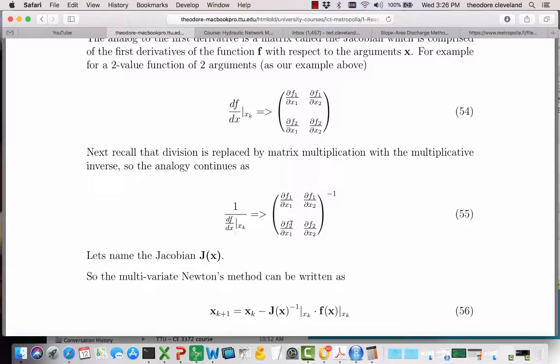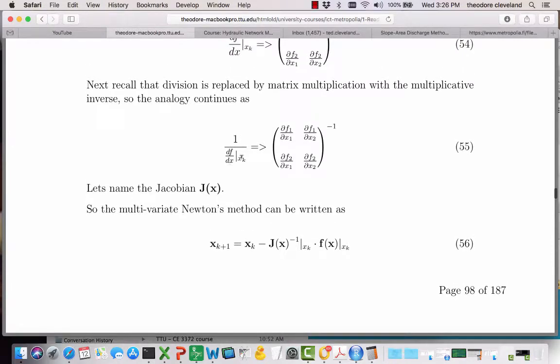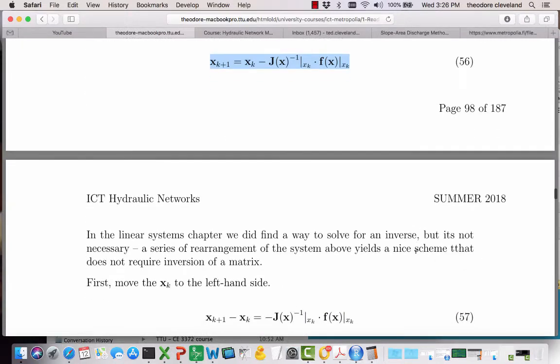The equivalent of division is multiplication by the inverse. So we would compute this Jacobian matrix, invert it, and that gives us the 1 over df dx term that we need. Doing that and renaming our function J of x for Jacobian of x, our Newton's method in higher dimensions is shown right there: x_{k+1} is equal to x_k minus the inverse of the Jacobian times the value of the function evaluated at x_k. And that gives us the tool we'll need to do pipeline